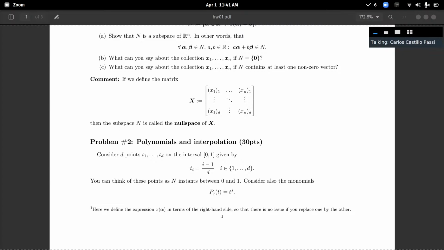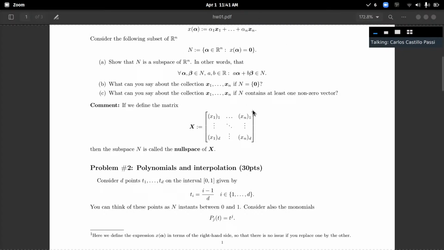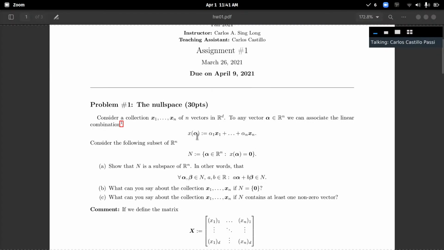We'll start talking about the first question that, as the title says, is about the null space. And for those who have seen or have taken a class in linear algebra, this is not a new concept, but